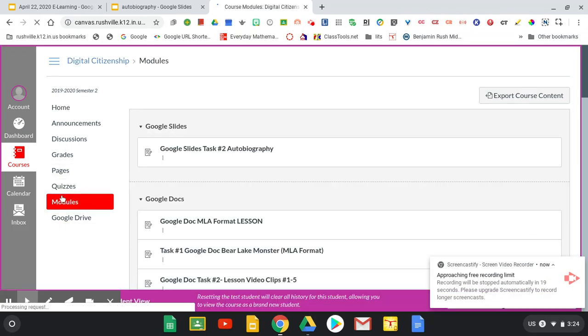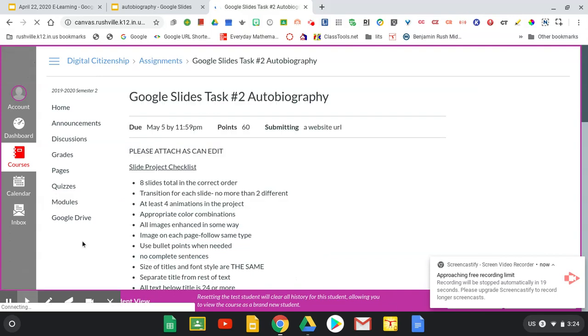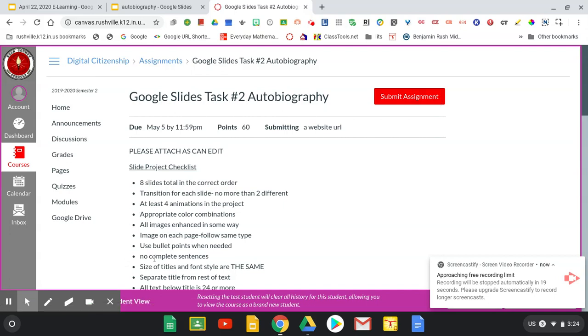in Canvas, and it will say Google Slides task number 2 autobiography, and this is where you will then hit the red submit button. I also have the checklist. Please also make sure you do a spell check